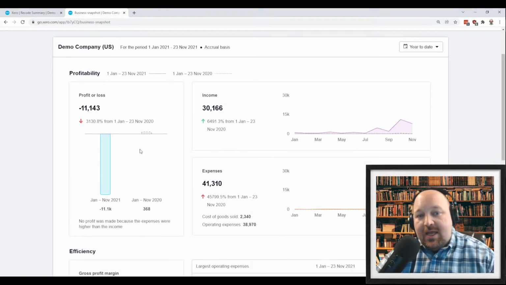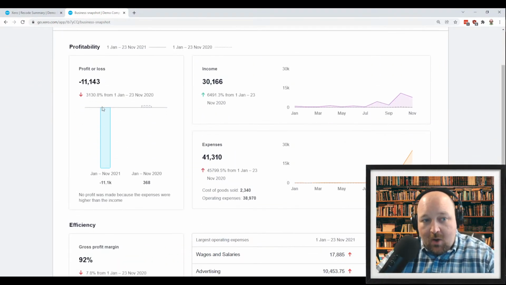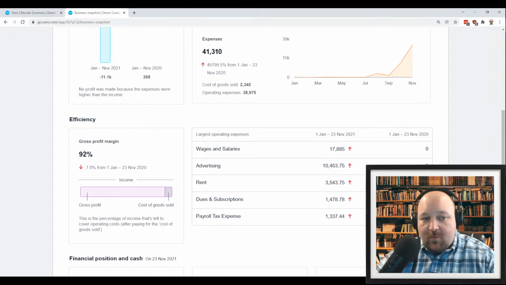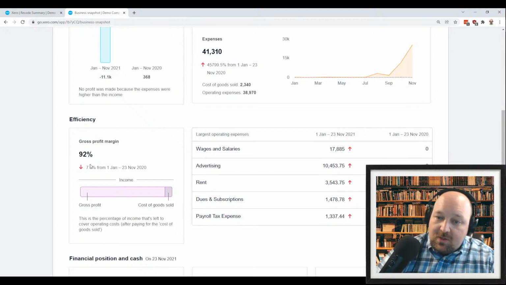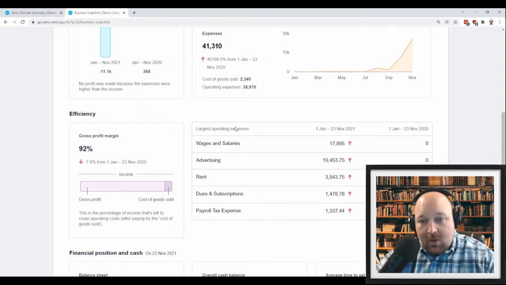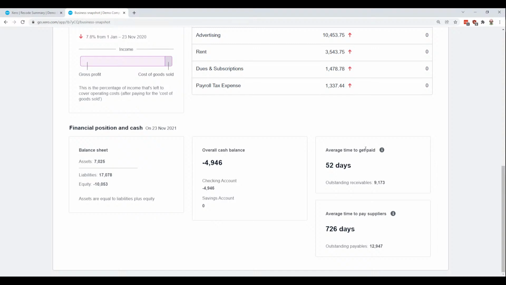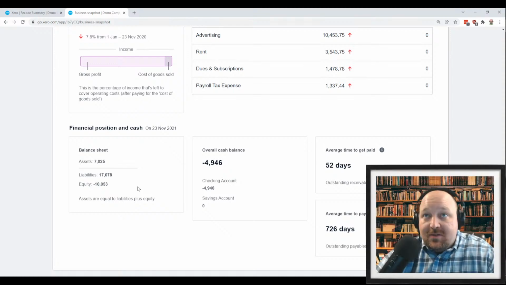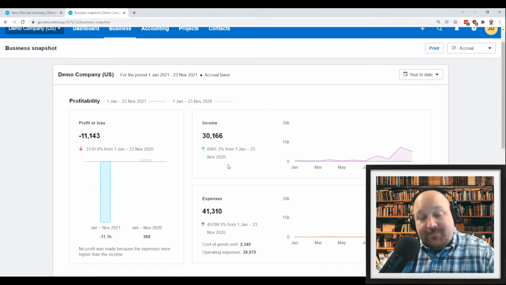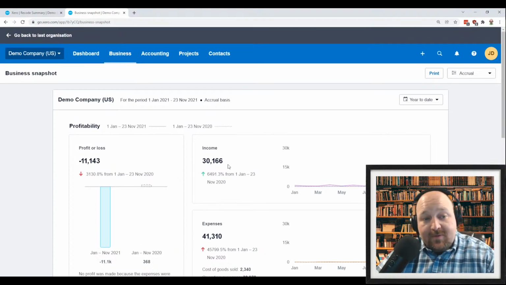The Business Snapshot tool, again, answers the big questions most business owners want to know. What's my P&L? How much income do I have? How much expenses do I have? What's our efficiency from a gross profit perspective? How much is going to gross profit? How much is going to cost of goods sold? What are our largest expenses? What is our cash balance? If we look over here, how many days is it taking to get paid? So our turnover, both in terms of AR and AP. And you'll notice very limited balance sheet information because frankly, most clients don't have a firm grasp of balance sheet. I wish they had a better grasp of it, but most people manage from the income statement or the